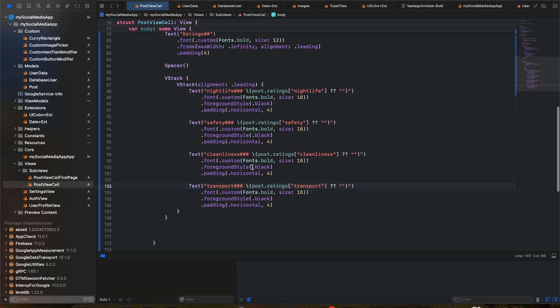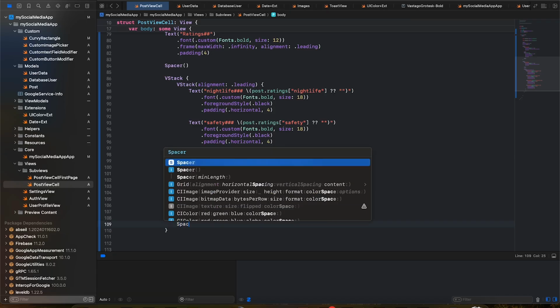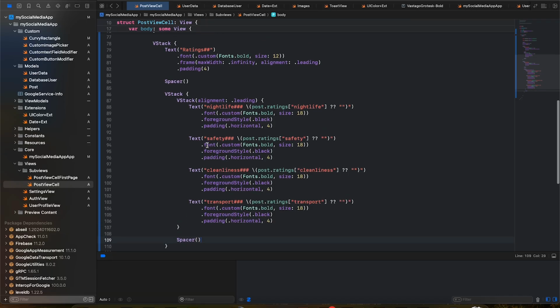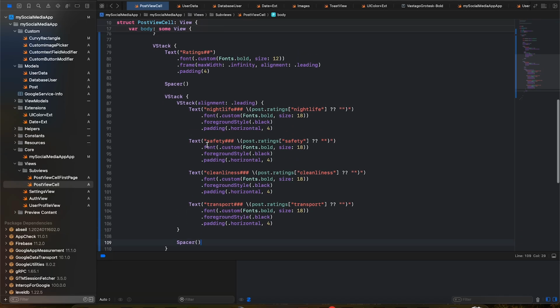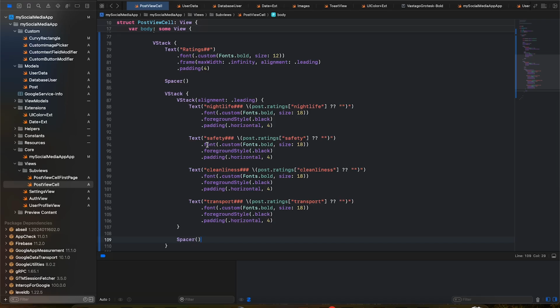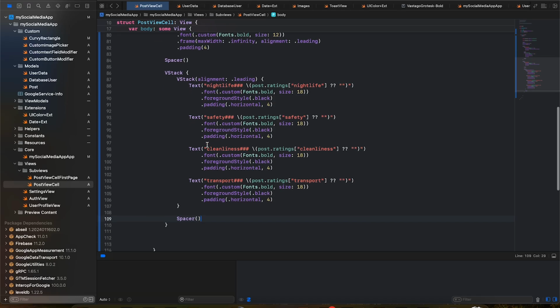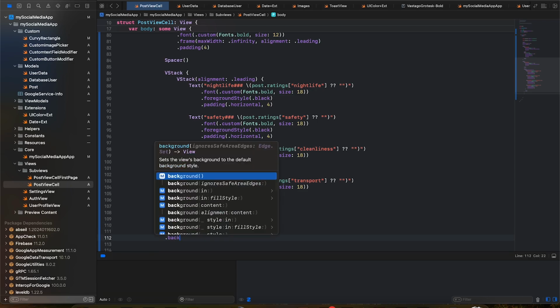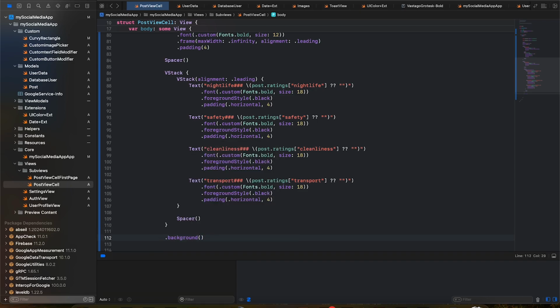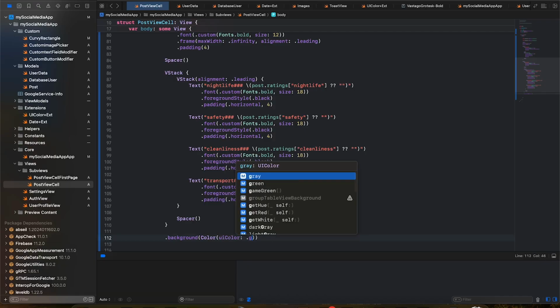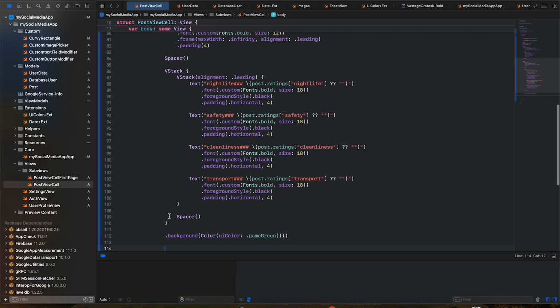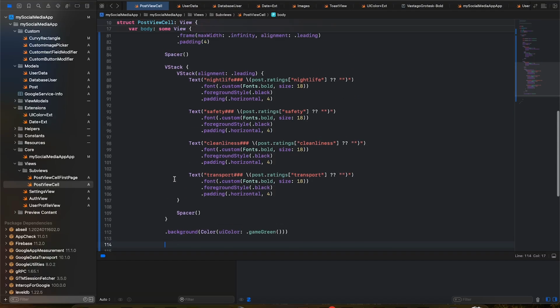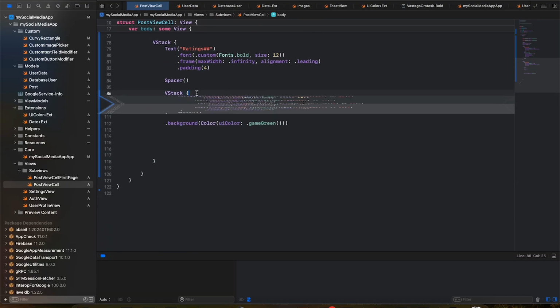We can still add some sort of a spacer down here so that it pushes everything up. Okay, this is there. Now I was thinking that this makes sense. Now we can add some background to this view as well. So this background would be color, UI color, and game green or something. So this is there. What we can do now is fold this vertical stack up,